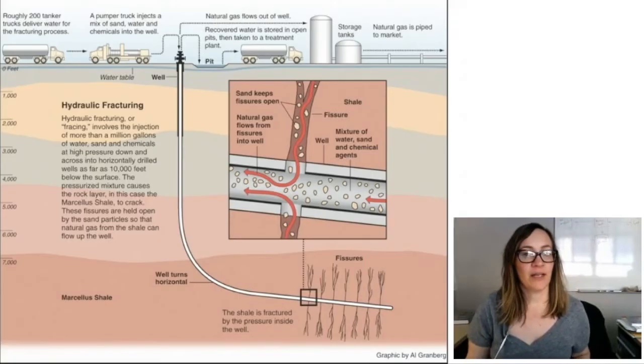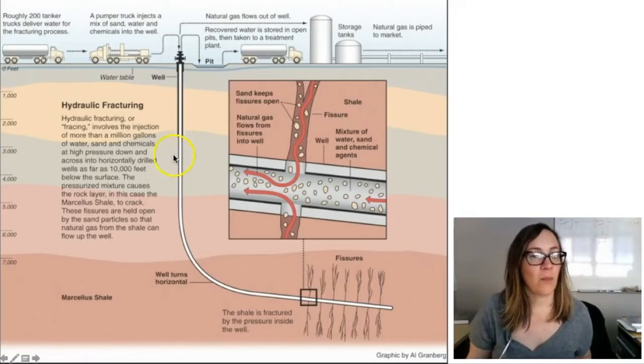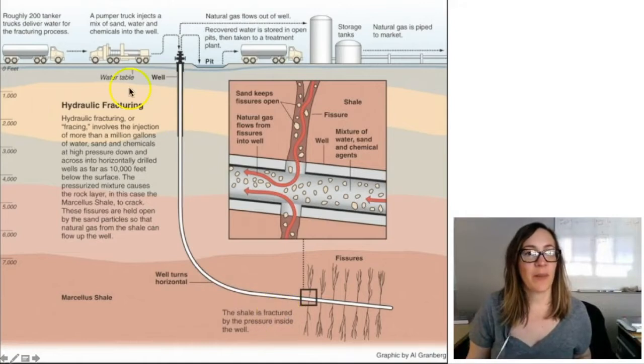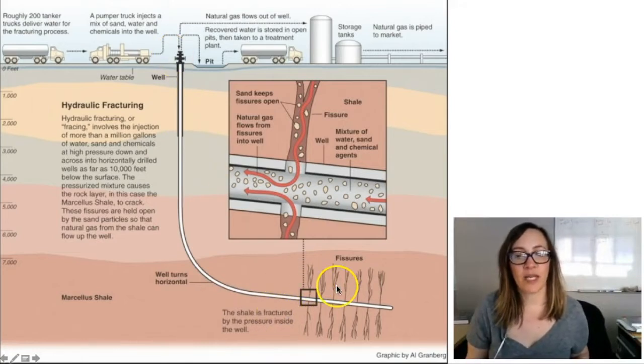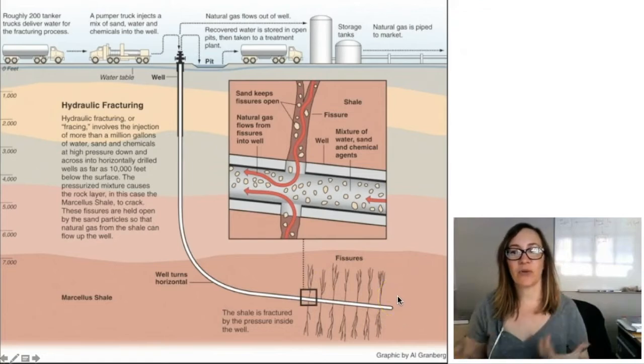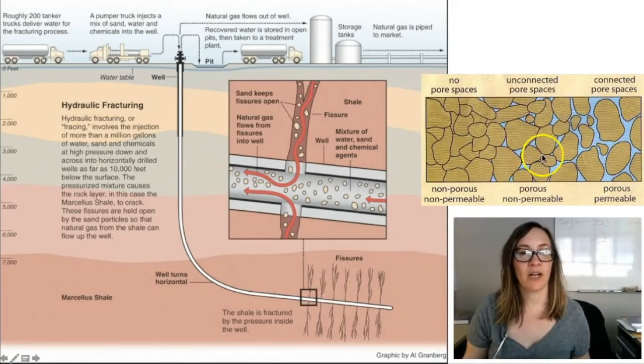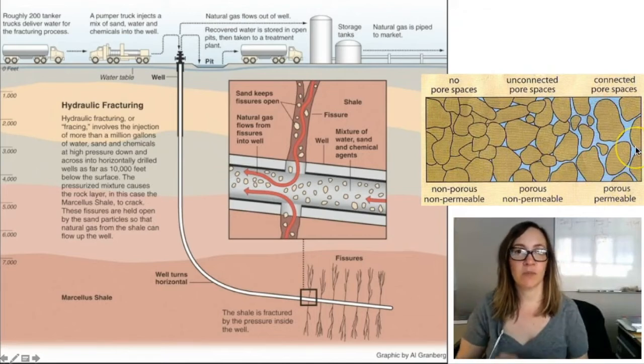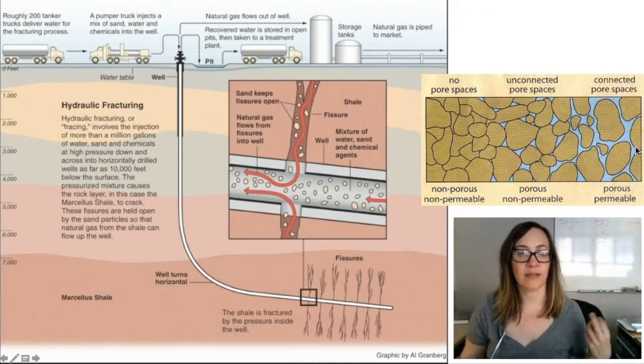And what they do is, once this well turns horizontal, they pump more than 1 million gallons of water, sand, and other chemicals into this well hole, and they blast it at really high pressures in order to cause the shale to fracture. And you can see these little fissures that are formed in the shale rock. And that's supposed to create this connected pore space. So instead of having this unconnected pore space, now we have this connection of the pore space mostly through this fracturing process. So that's why it's called fracking, because you're actually fracturing the rock beneath us,